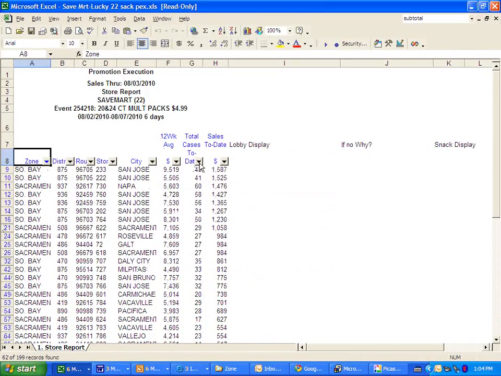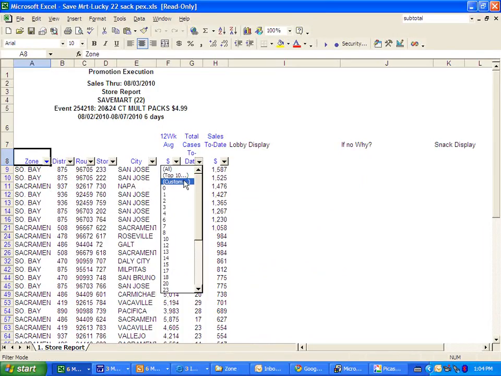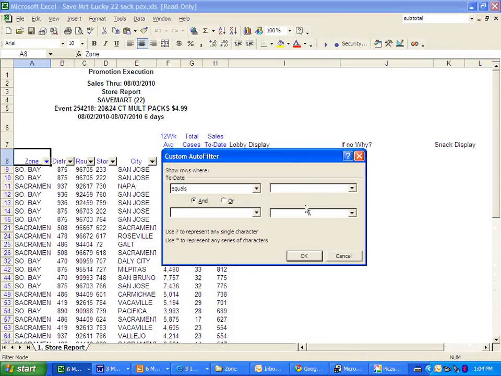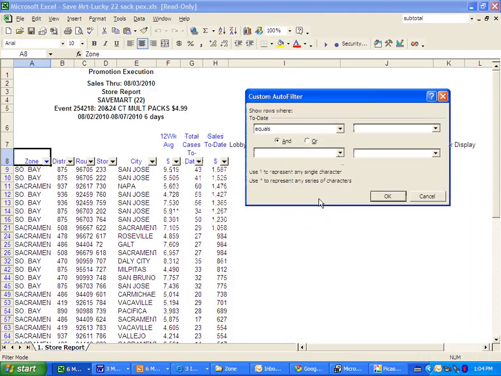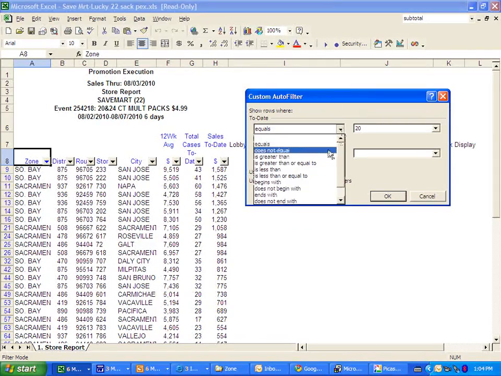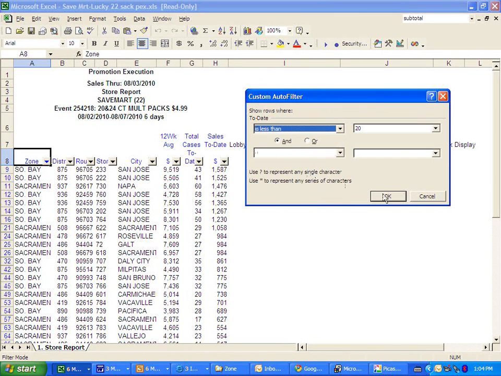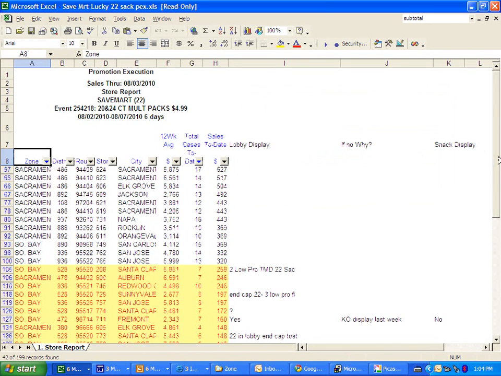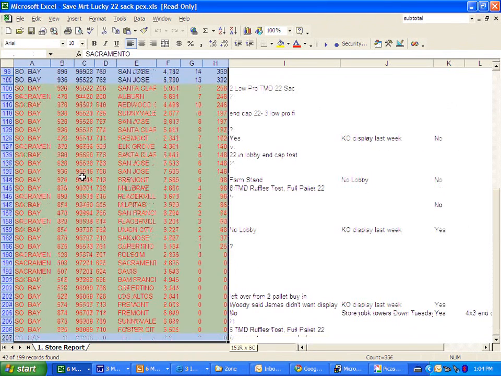Then I want to find out what my total cases sale to date are. I can put in another custom filter, and I want to know anything that is less than 20 cases. So now I can find out 2 pieces of information that are very useful to me. Anything that's less than 20 cases, sorted by this column. It's sorted by anything, but I can actually sort this information by,